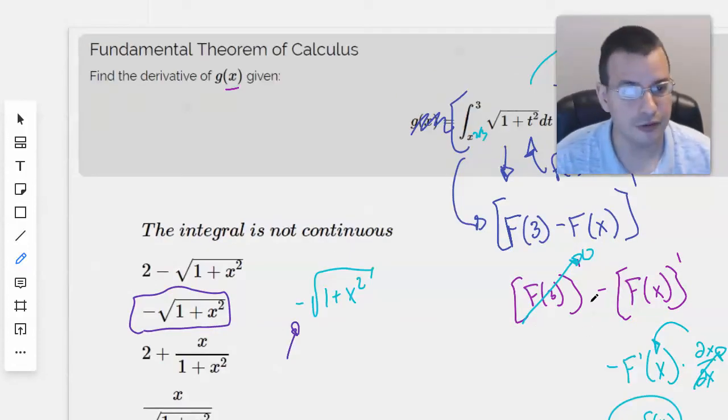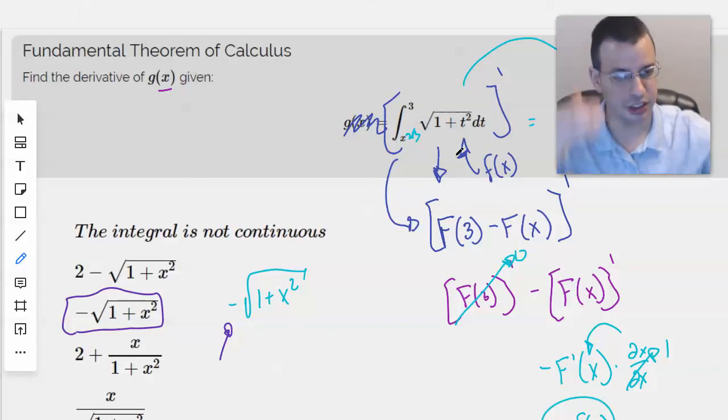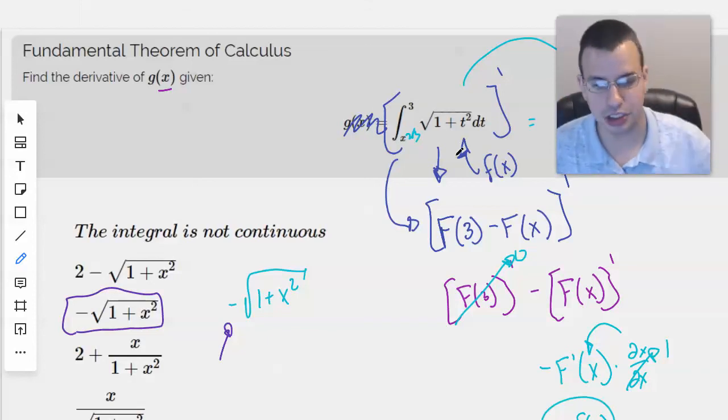Long story short, fundamental theorem of calculus, try and work it out logically. Assume that this equation is f of x and work your way down, get the solution, and you'll have better luck